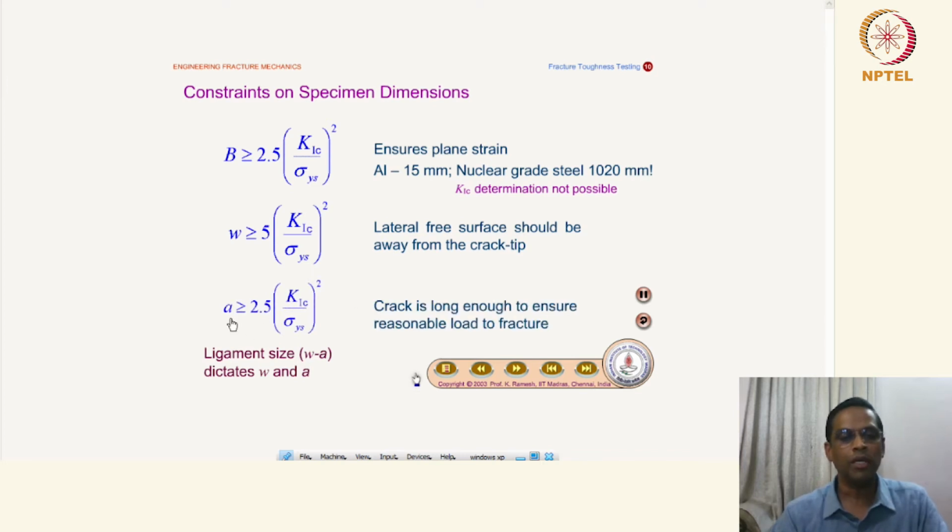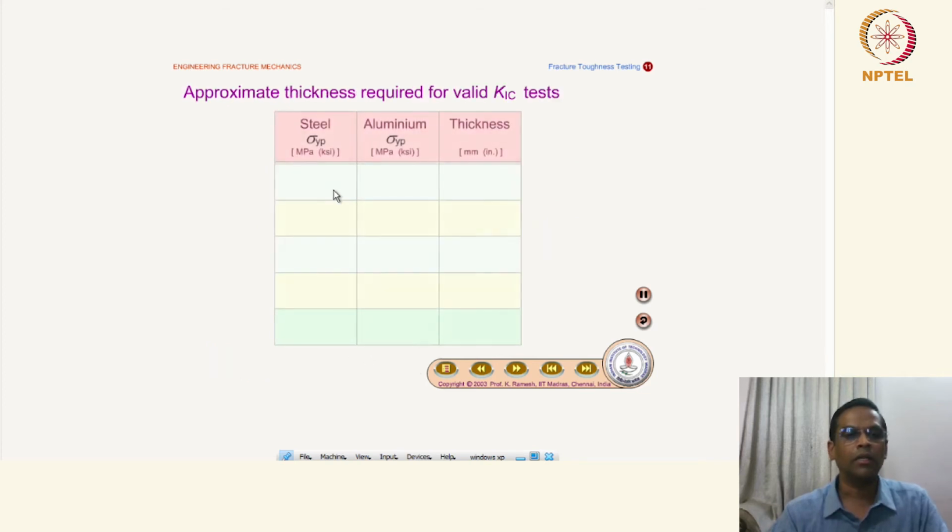And a should be greater than or equal to 2.5 times (K1C by sigma ys) to the power 2, and the crack is long enough to ensure reasonable load to fracture. So these are all the very strict specimen constraints for fracture toughness testing,